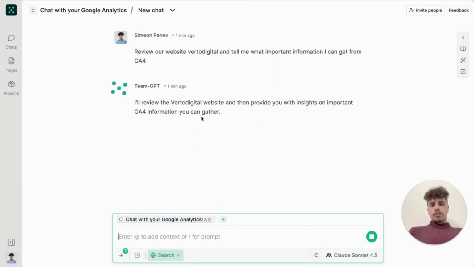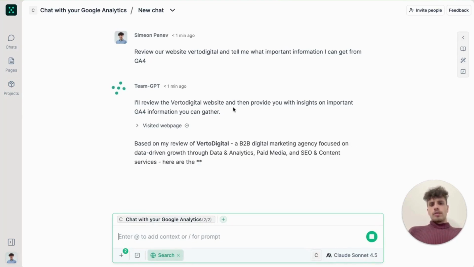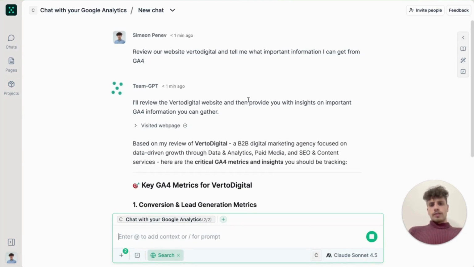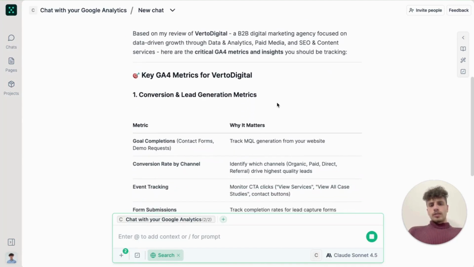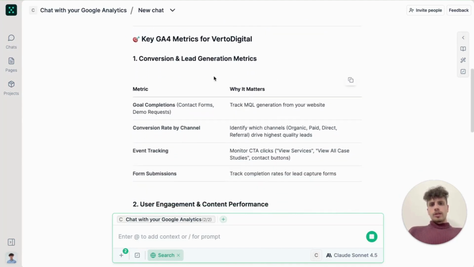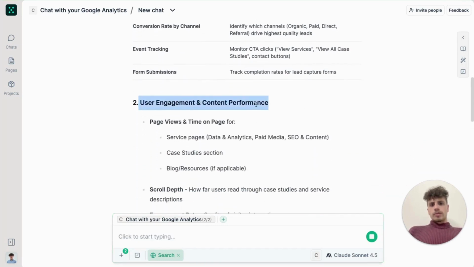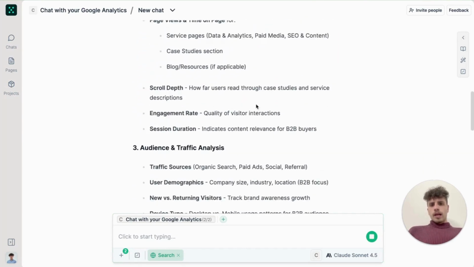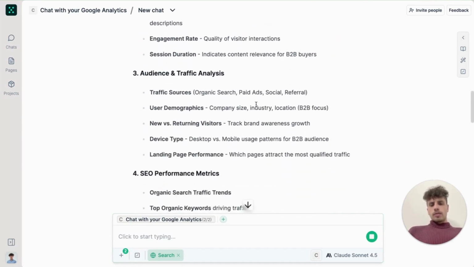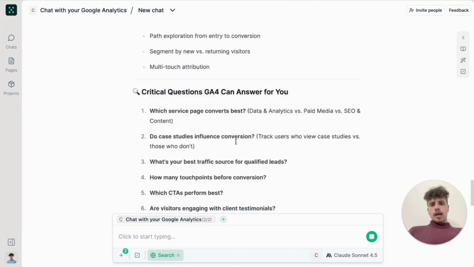So now Team-GPT will review our website and give us suggestions what kind of information we can get from Google Analytics to analyze here in Team-GPT. So we can see conversion, lead generation metrics, user engagement, content performance. I'm an expert, so I know what I want to get from GA4. So I'll tell